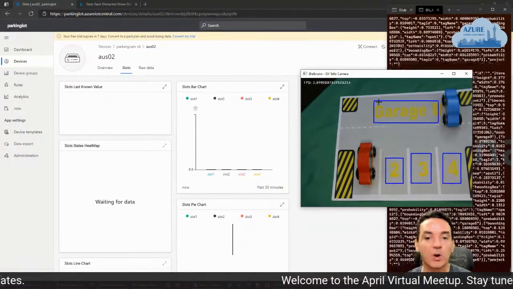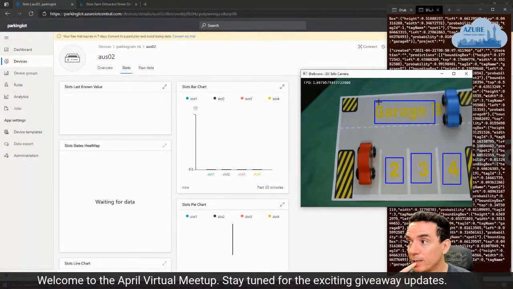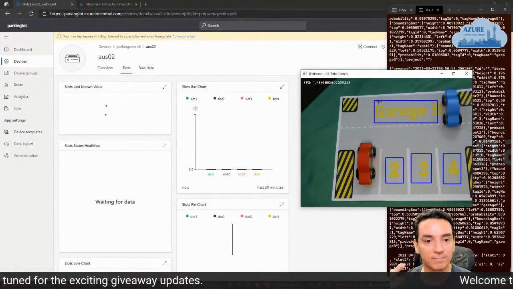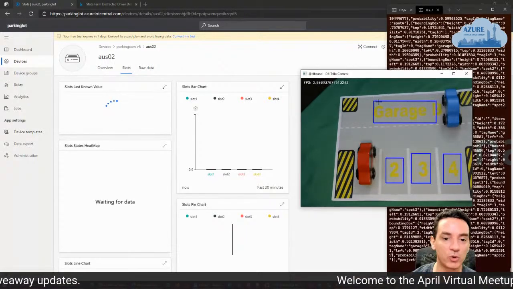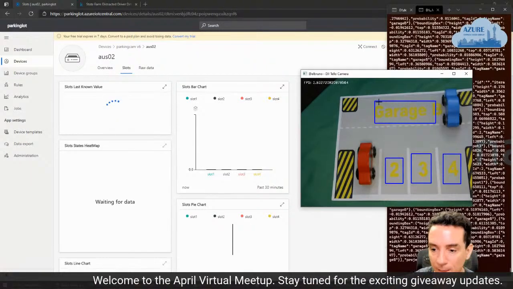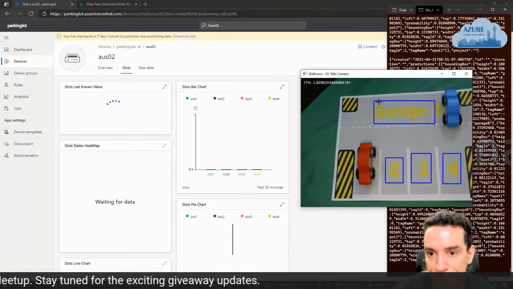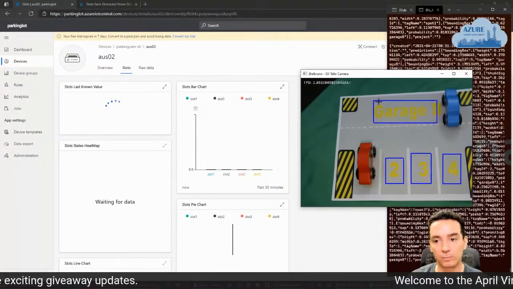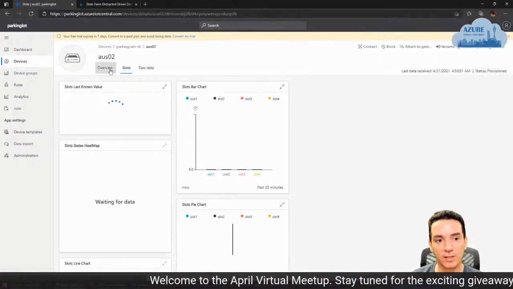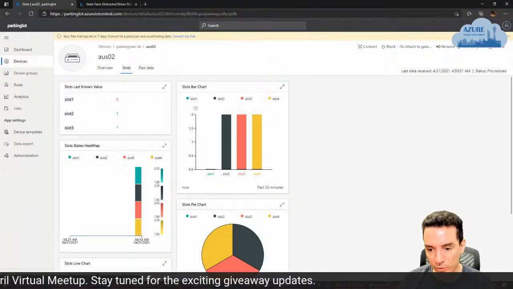And at any moment, we are going to see how the cloud is changing. So usually Azure IoT Central refreshes every 60 seconds, a minute or two. So at any time now we will have some values in the chart. If I didn't make any mistake, there it is, it's showing the values.